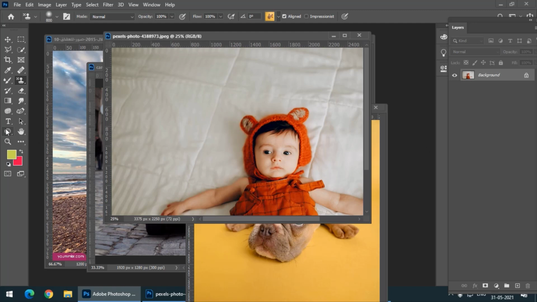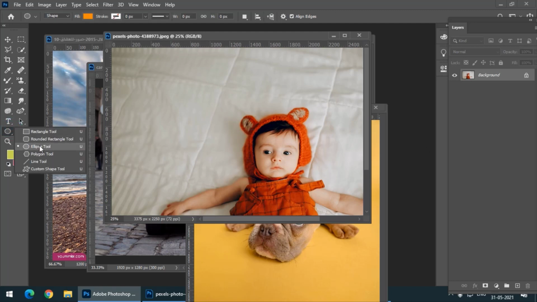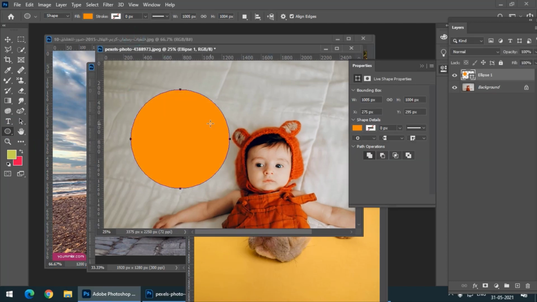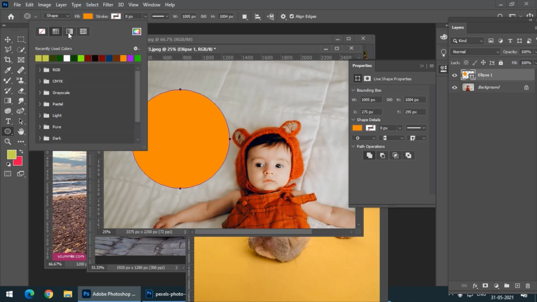Let me give you one quick example. What if I create a circle or oval shape, and I want to apply a pattern over here? Instead of the color, I want a pattern. I can simply go to the fill, and instead of solid color, I can go to pattern.